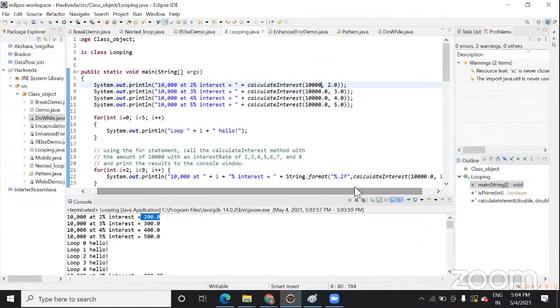Percent dot 2f means it will support up to two digits after the decimal. Like here, it will support 0.01 or 0.09, two digits. It can't support more than that.